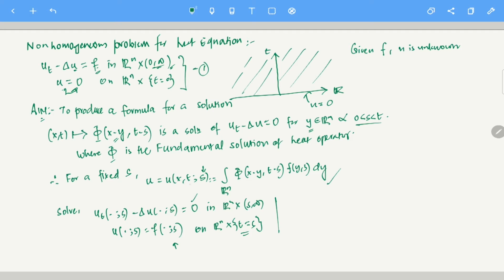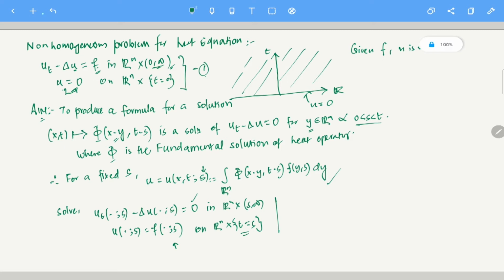The x, t is just a variable that is always there, you do not have to do anything, but this s represents that I am evaluating the problem at t equals s, or in between s and infinity. Now from your intuition, if I want to find a solution of 1, what do you think it will be? It should be that s runs between 0 and t, right? If s runs between 0 and t, that should be your solution. So that is what we'll do.